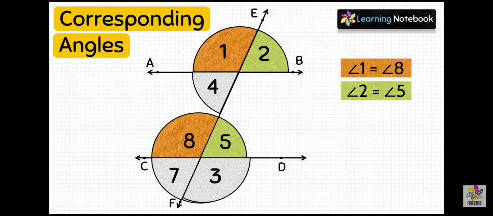Now let's move to the fourth pair of corresponding angles. So let's put angle 4 on angle 7. Again we see that angle 4 completely covers angle 7. So the fourth pair of corresponding angles are also equal. That is, angle 4 equals angle 7. Now let's color this fourth pair of corresponding angles in yellow color. So we have proved that the pair of corresponding angles made by transversal are equal.